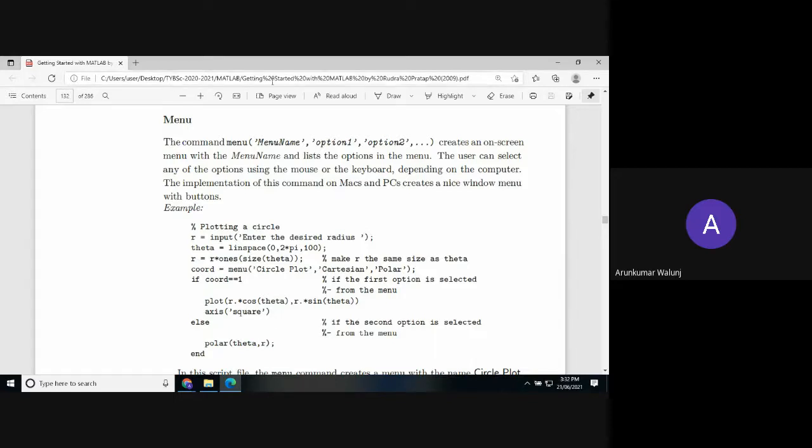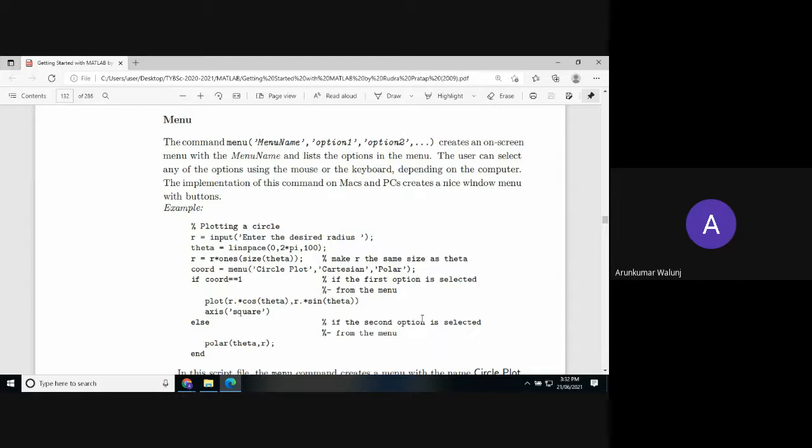So you have to plot a circle. First of all, you have to input the desired radius, so r is the radius. Input is my interactive function through which I can enter the desired radius when it is displayed on my screen. When I read the statement, enter the radius, the radius is in terms of theta and phi. So you want to generate the angle from 0 to 2 pi, that is 0 to 360 degrees, and the number of points generated and joined will determine the circle.